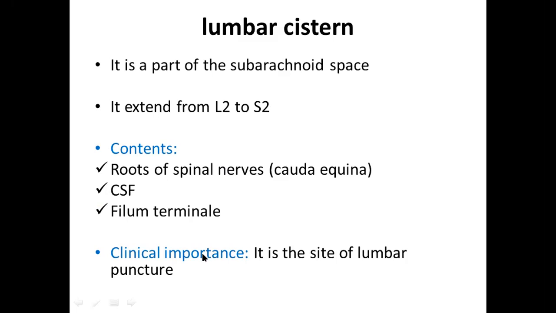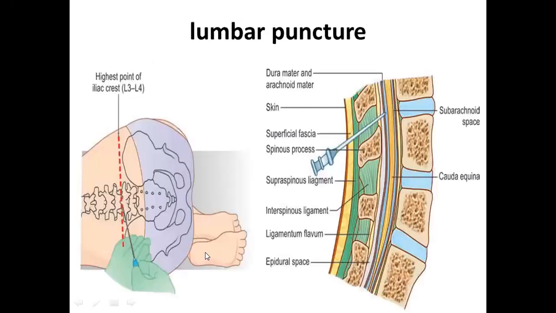The lumbar cistern is the site of the lumbar puncture. What is lumbar puncture? Lumbar puncture means inserting a needle in the subarachnoid space, or in the lumbar cistern. This is called lumbar puncture. If you know that the spinal cord ends at the lower border of the first lumbar vertebra,